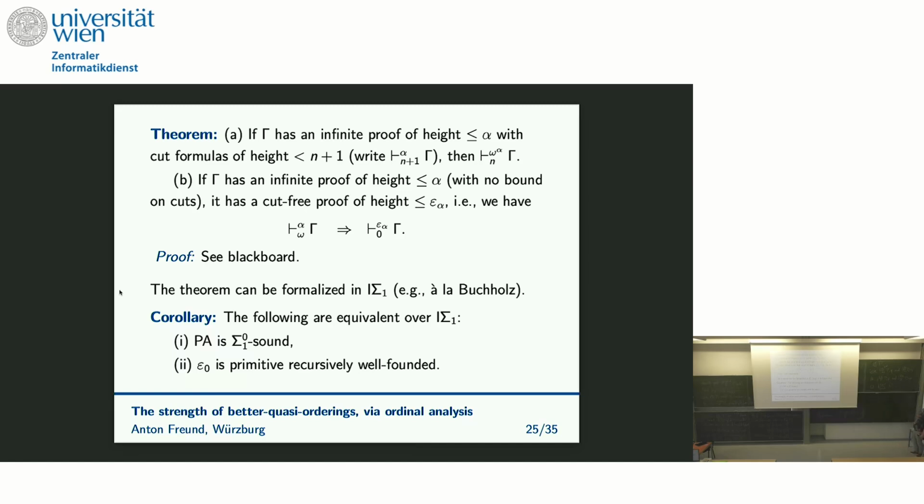I get my gamma. And so what's the eta? Well, the eta somehow has this previous bound epsilon beta plus 1. And then for each level of cuts that I eliminated, there is one exponential. So then I have a tower of exponentials, and at the top this epsilon beta plus 1. And I have rank of phi plus 1 many of them.